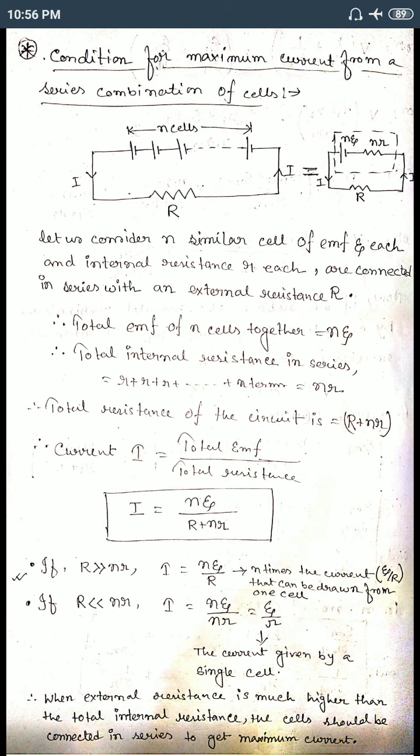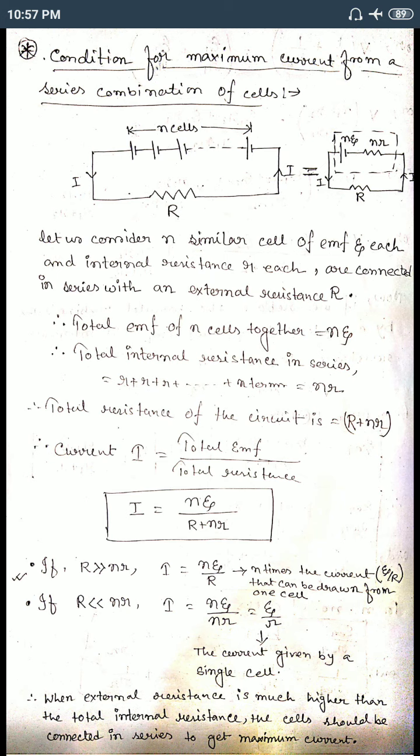So we get I equals nE by R. So E by R, EMF by resistance, gives us the current. From that expression, we can say the current is n times what can be drawn from one cell. In place of n number of cells we write nE. So from one cell we get n times the current. n can be 2 times, 3 times, 4 times, so current is more. But if we consider R very much less than nr, the external resistance is very much less than the internal resistance,